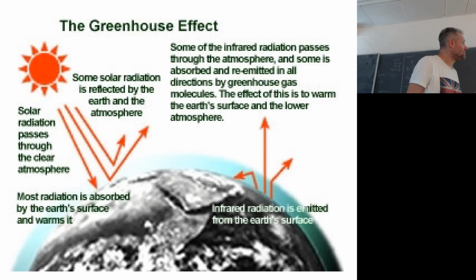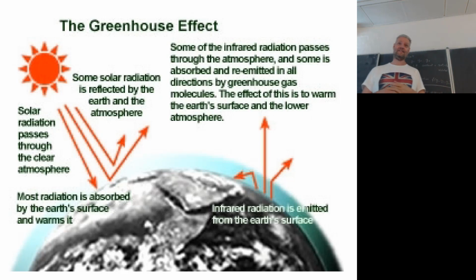So the sun sends out radiation in the visible part of the spectrum, right? The sun gives light as well as heat. Most of that energy ends up in outer space, right? But a small part of it hits planet Earth. Some of it is reflected at the top of the atmosphere. Some of the energy is reflected by the surface of the planet, and some of it is absorbed by the